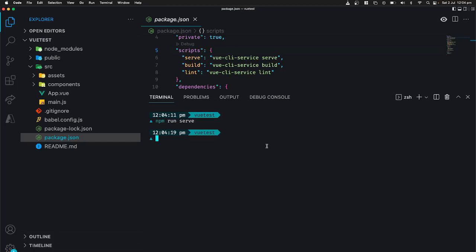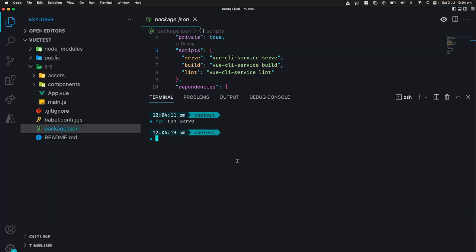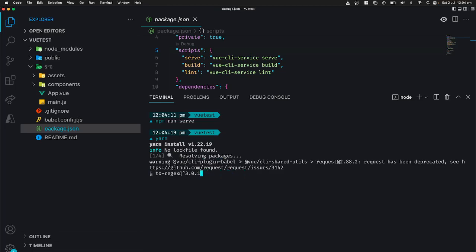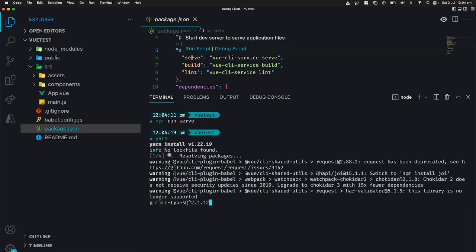I forgot, my npm's broken. Let's try switching this to a different package manager. I really need to fix that. npm is lovely until it's not, and then it's really hard to fix. Okay, so